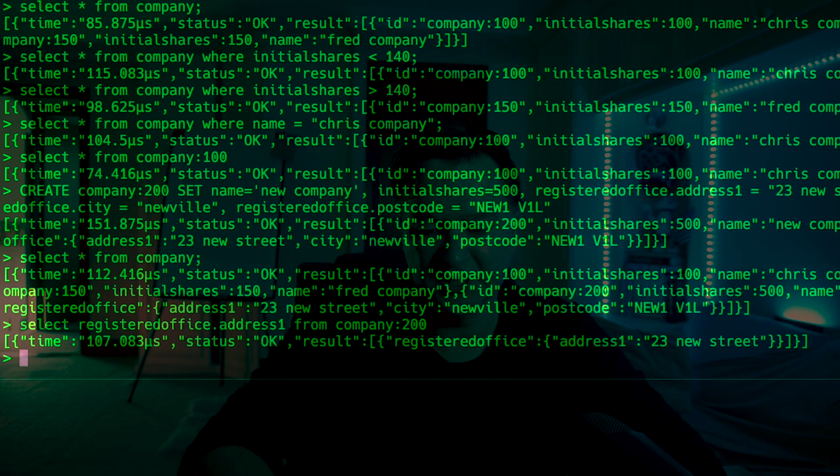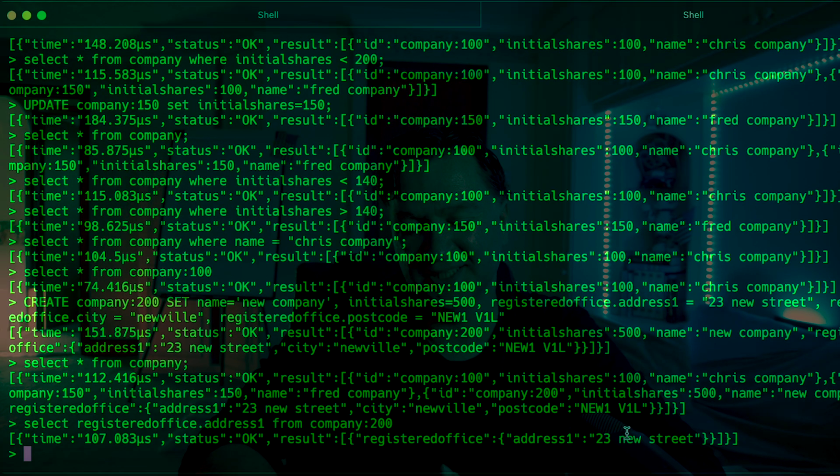And there you go, you can see it's just returned registered office address 1, 23 New Street. So I think that support for JSON type structures and the ability for us to nest is a really sweet format, and again something that goes beyond what you can do with SQLite today. It's this native support for JSON.